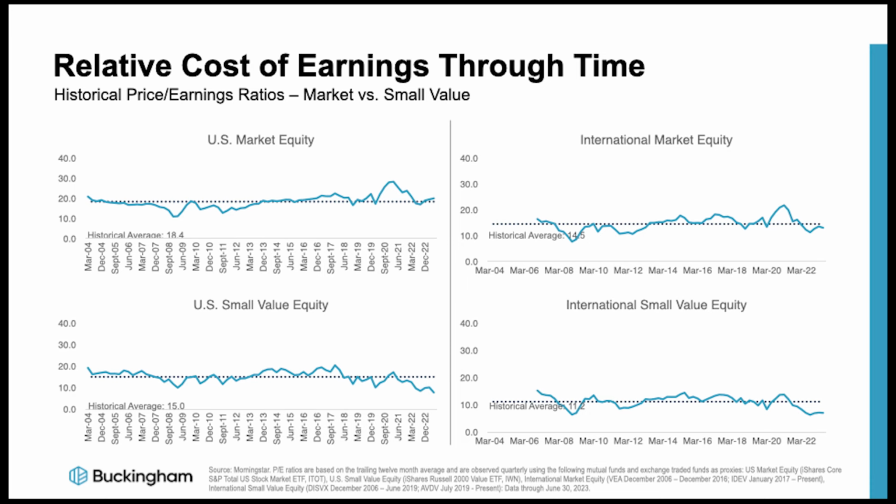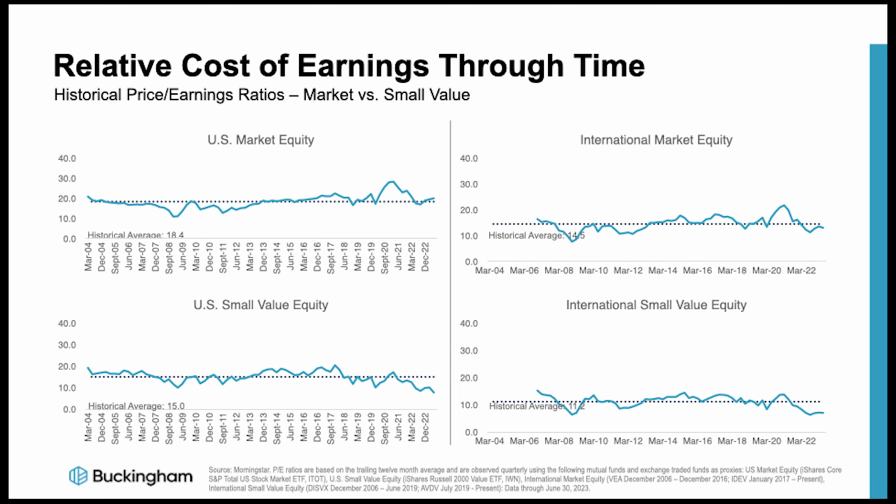Noting the strong U.S. market performance during the last 12 months, we see the broad U.S. market is now trading above its recent historical average. We can also see that international markets and small value stocks in developed markets appear cheap relative to their recent historical averages. Now, all else being equal, we would like to pay obviously less for a dollar of earnings. These valuation ratios aid in setting expectations about the future. Low valuations today imply higher future returns and vice versa.